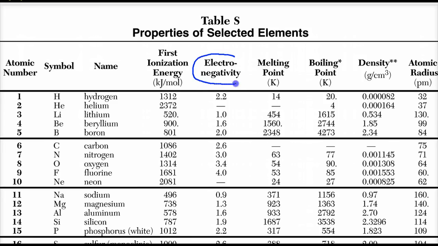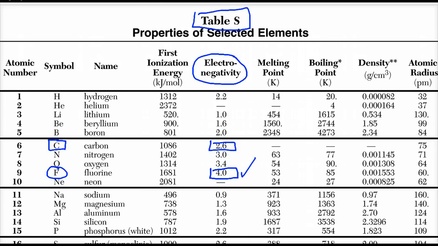Electronegativity, which is a fancy word, pinky up if you're writing and saying it. That's my way of saying fancy when you say something, pinky up. In any case, electronegativity for fluorine is 4.0. Electronegativity for carbon is 2.6. So clearly fluorine has a higher attraction for electrons,